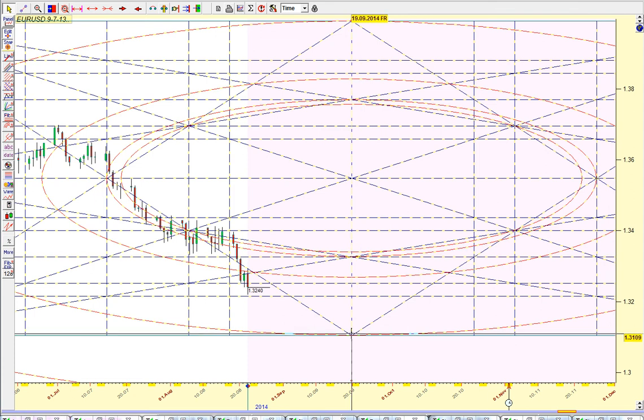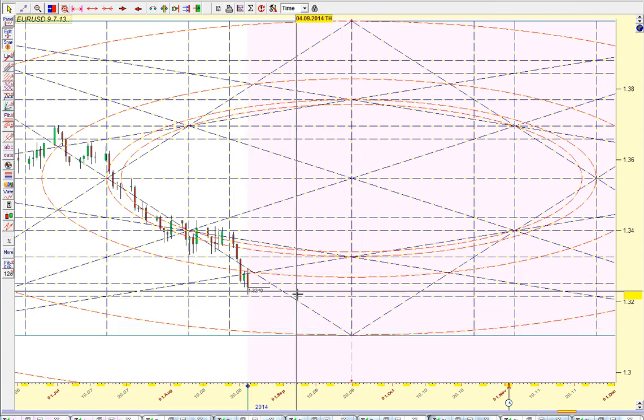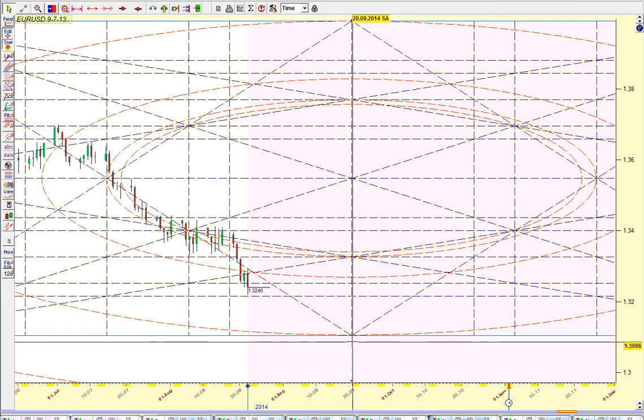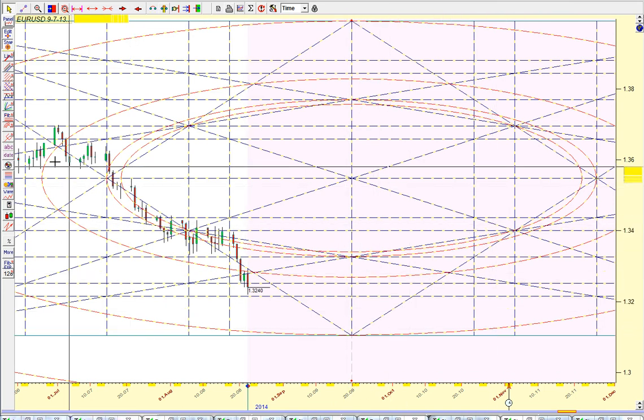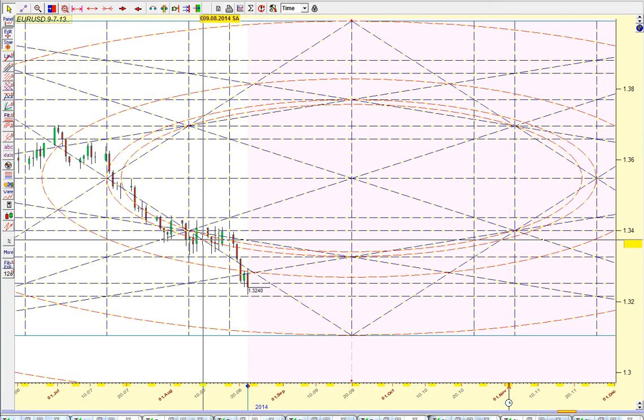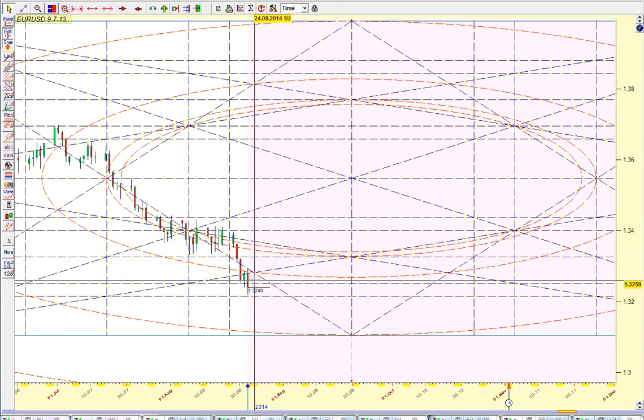So keep an eye on that date when we approach it. I don't know if we're just going to chop around here, keep pushing lower, and then somewhere around here pop up. But you can see that this has been following this angle downward, and there's a cross point right here, like a vibrational level. And I don't know if it's going to turn here, which is, you know, this week